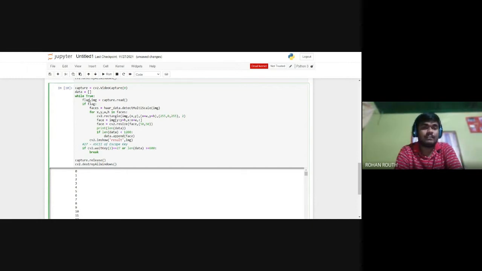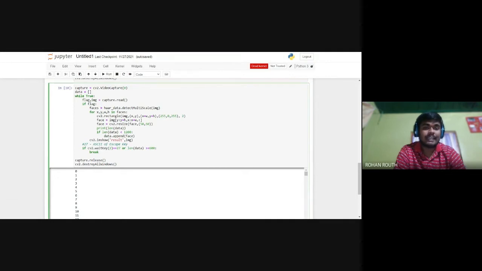The face will be found using the Haar data and stored in the faces variable. And then we'll run a loop for four variables: x, y, w, and h. So cv2.rectangle(image, x, y, x plus w...). What this line does is take the image and search from the top corner to the bottom corner of the image for a face. As soon as it recognizes a Haar feature, it extracts the face and stores it in the faces variable.